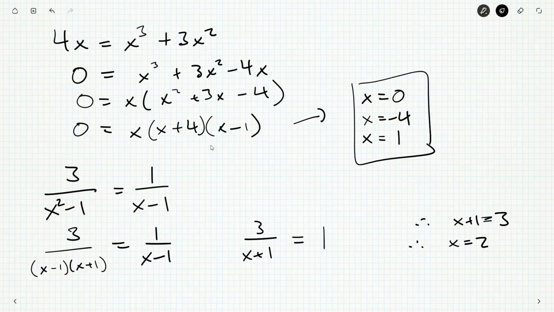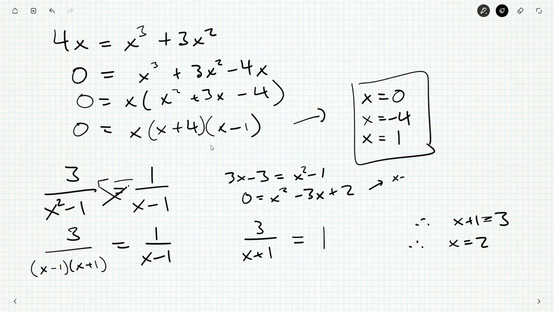And that's the only time you're going to have that. Now it's odd because you would think with a square here that we would get multiple answers. And yeah, if you cross multiplied, you'd get 3x squared minus 3 is 3x minus 3 is equal to x squared minus 1. And you could rearrange that and get 0 is equal to x squared minus 3x plus 2. And from there you get x is 1 or x is